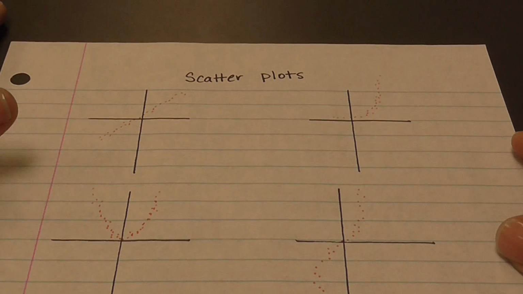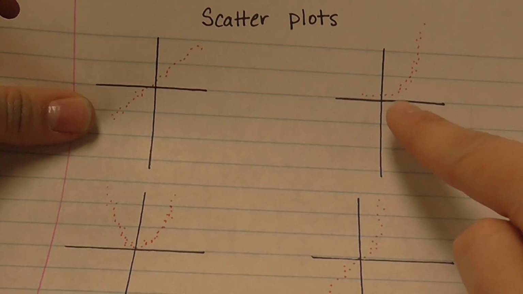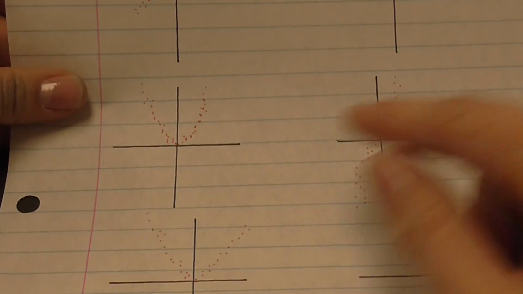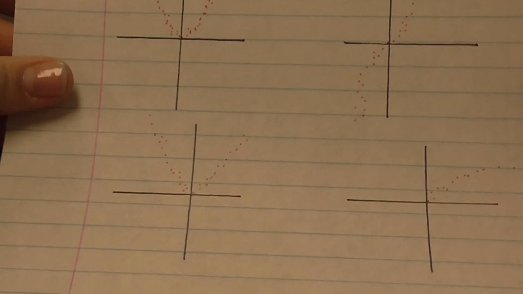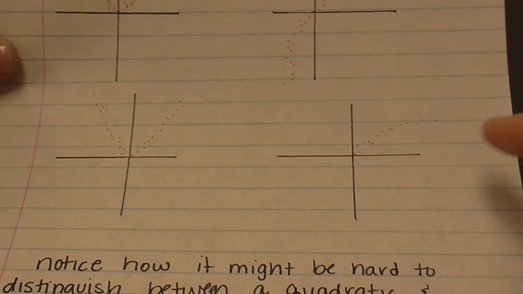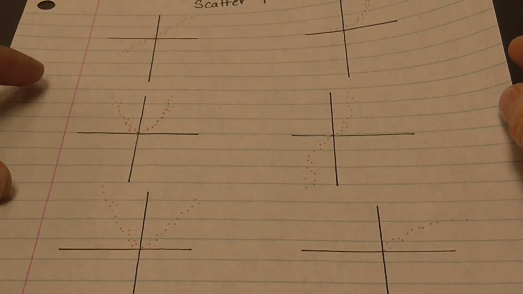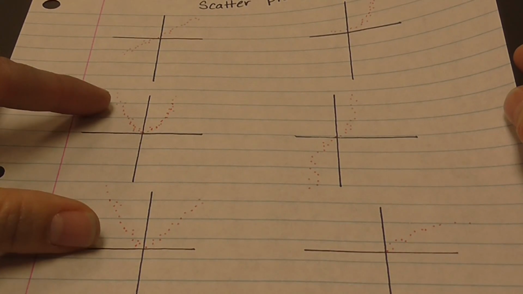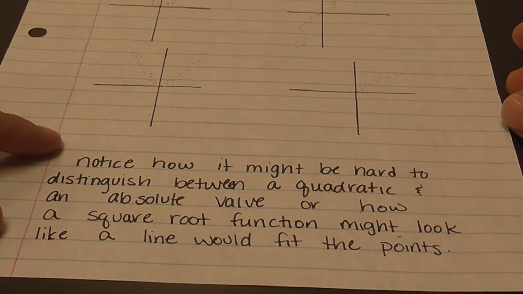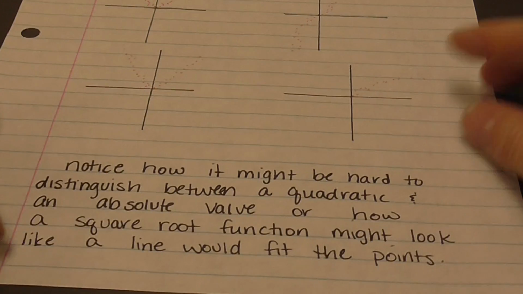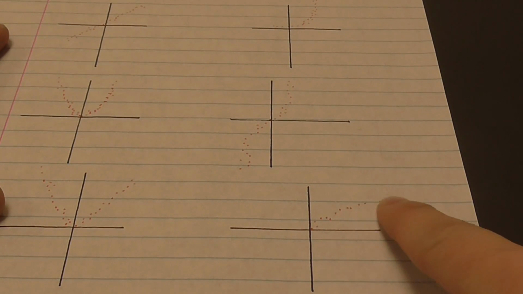So if you take a look at these scatter plots, you've got one that kind of looks like a straight line, one that has that sharp curve of an exponential, one that looks like that quadratic, the cubic as it swirls down, your absolute value, which has that V shape to it, and your square root, which is curved off like this. Now if you take a look, these two look really similar to each other. Your quadratic and your absolute value might be hard to distinguish between. Also, your square root function, if you imagine drawing a line straight through there, you could almost make that look